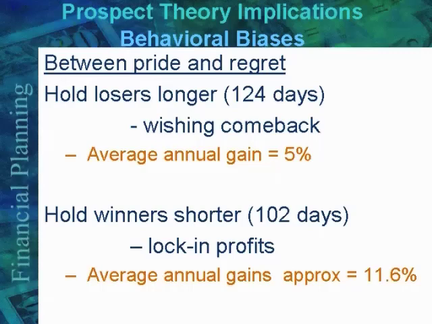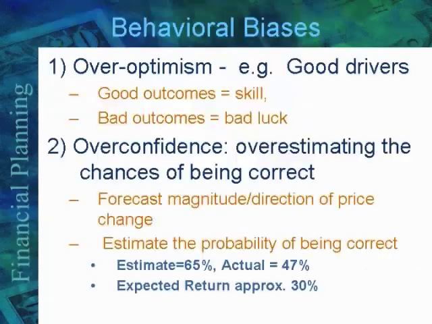If you just turn this around, if you held the losers for 102 days and the winners for 124 days, on average you'd make about 4% more a year, just by holding losers shorter and winners longer. Buy and hold on the winners, cut your losses on the losers. Just by doing that consistently over time, you'll make at least 4% extra a year, if not more, if you can choose between the worst losers as such. But we always think they will come back, and we pray they'll come back.